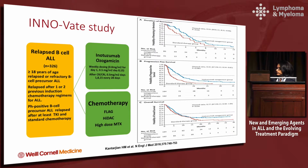The second immunotherapy that I would like to talk about is Inotuzumab ozogamicin, which is a CD22 antibody linked to calicheamicin. Calicheamicin is very toxic, as you know, when given by itself, but the idea of an antibody-directed cytotoxicity was explored with this drug in patients with relapsed B-cell ALL. All patients were adults with relapse after 1 or 2 previous induction chemotherapies. Philadelphia positive B-cell ALL patients were also enrolled under the study if they were refractory to at least 1 TKI